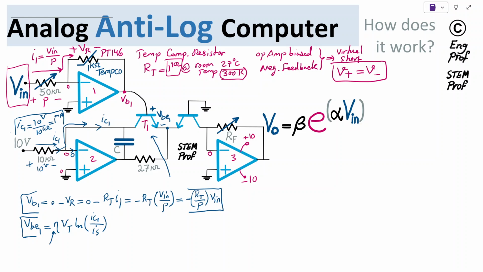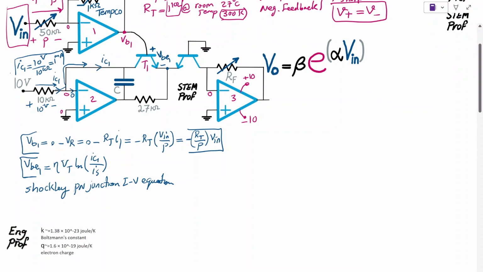Since both transistors here are mirror, basically they are matching transistors on the same substrate and in the same package, we make the assumption that saturation current is the same for these transistors. So that's why I'm just writing Is. So this is the famous Shockley p-n junction IV current voltage equation, and in this famous equation we are saying that eta ideality factor is roughly 1 for